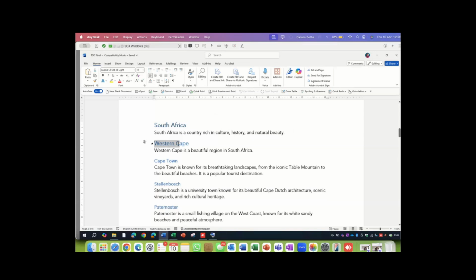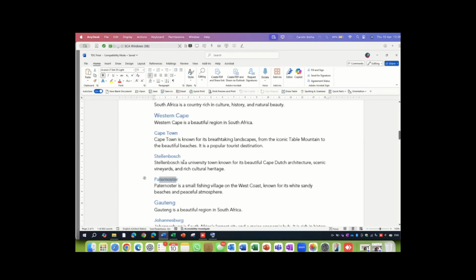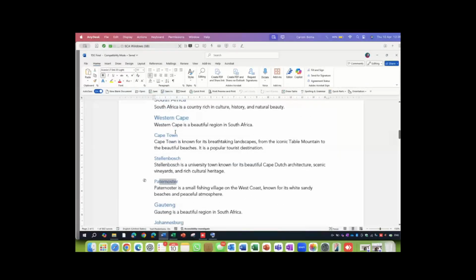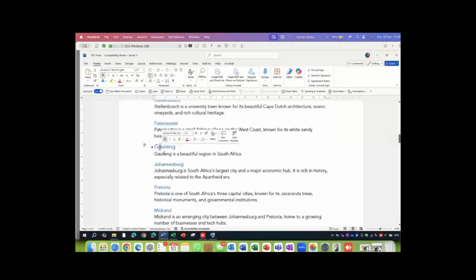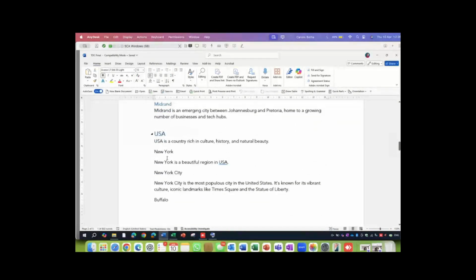The Western Cape is one of the regions with a small short paragraph. A city, Cape Town in Western Cape, Stellenbosch, Paternoster, each with a little paragraph to say something about it. Then, apart from the Western Cape, underneath South Africa, we have Gauteng with a couple of cities in Gauteng. Then we go to the USA with a couple of cities in the USA.